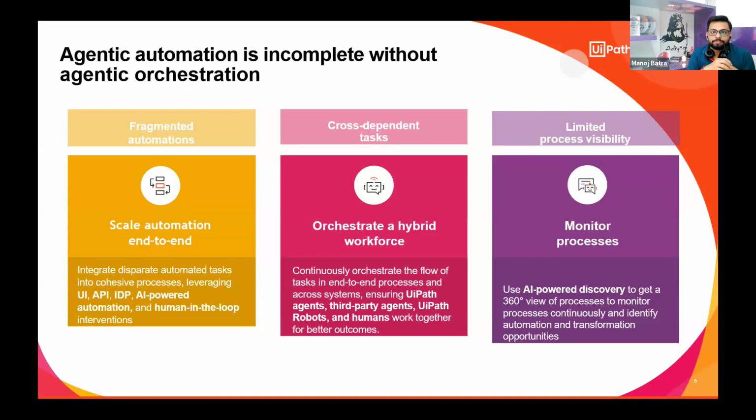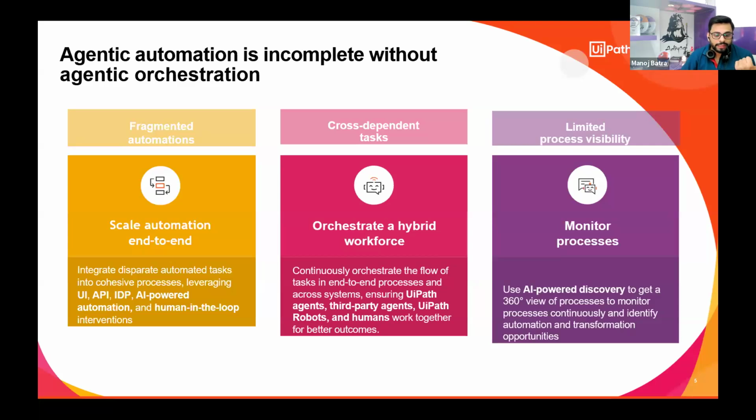Maybe I can give you an example of an orchestra. Maybe you have heard this before, where each instrument plays at the right time in harmony under one conductor. Without orchestration, it would be just random noise. But if you put orchestration in place, it becomes beautiful music that you can play. So this is exactly what agentic orchestration will do. Let's talk about how it works end to end.